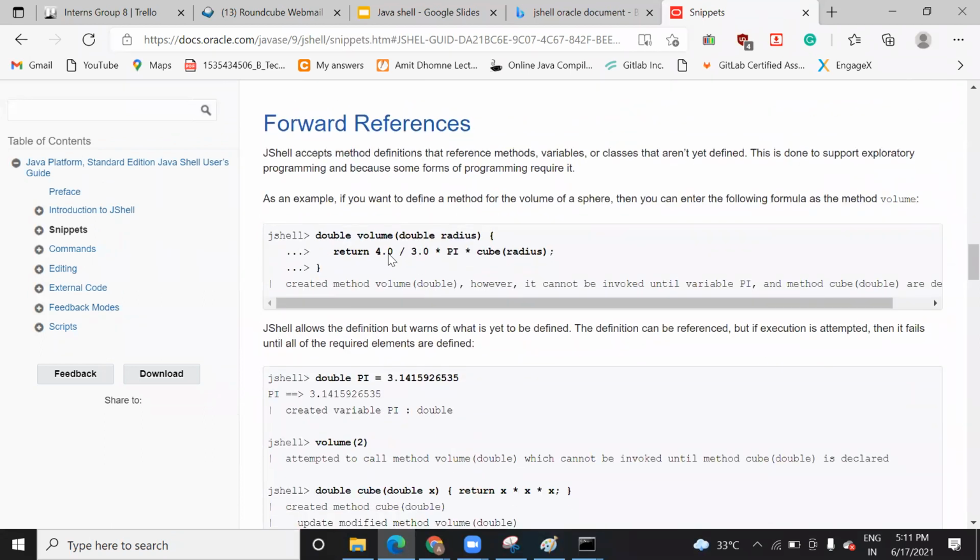Similarly, you can perform any operation, like a mathematical operation, if you want. Like here you can see return the value. I have shown this one also in the video. If you want, you can see that also. Or let's try here also. Why not try here? So here, let me come to that.